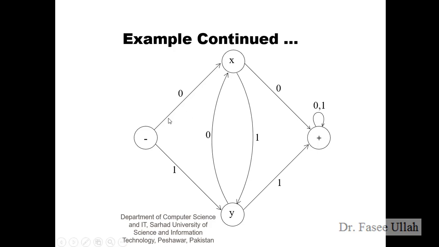Okay, so we have double 0 or double 1. First of all, verify the double 0. I read to X, and then I go from X to the final state. So I have read the 0. This is double 0. Same for 1: I come from the initial state to Y, and then I move from Y to the final state. So I read the 1. So we have initially made the criteria with double 1 and double 0.